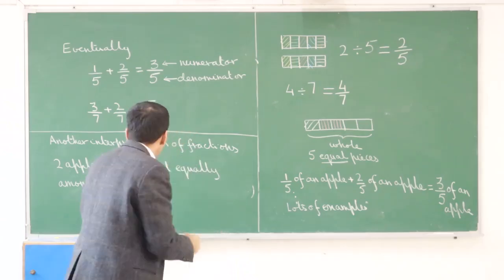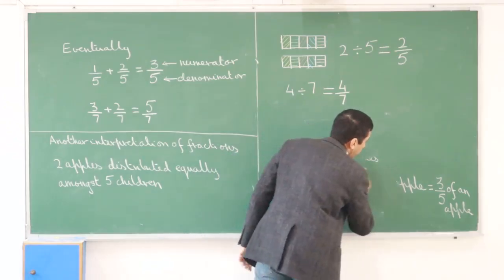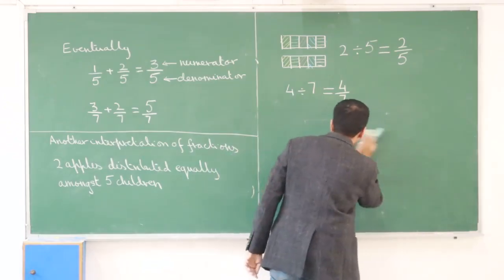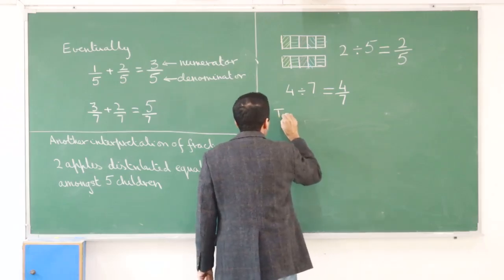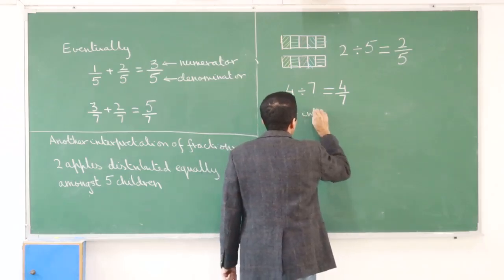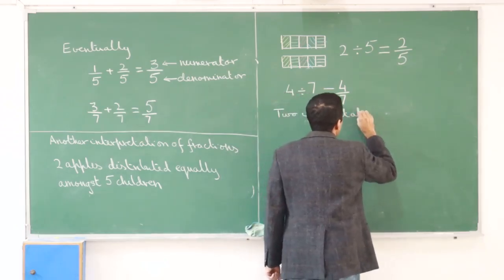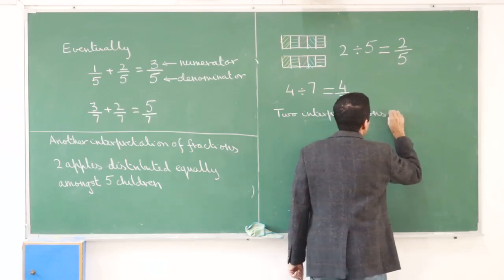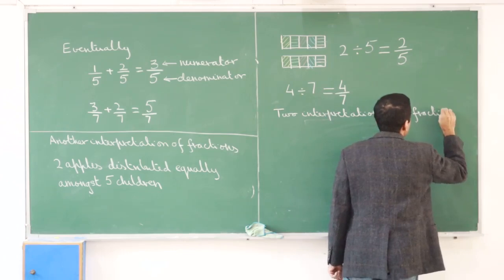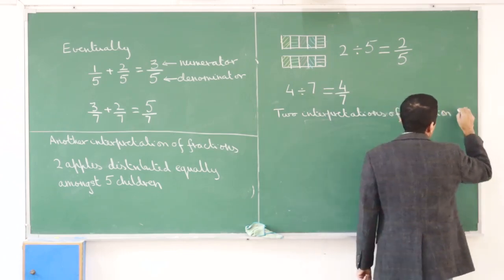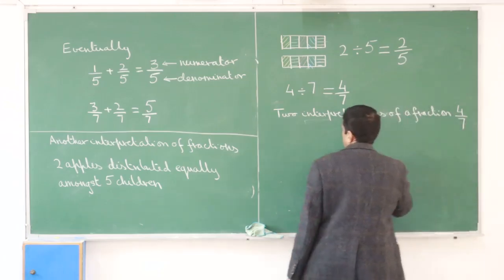So you could go either way. Yeah? Okay, so let me write it out explicitly once, so that you remember: both interpretations are useful and we can use both interpretations. So we have 2 interpretations or meanings of fractions, whatever you want to call it, 2 interpretations of a fraction. Maybe I'll just take a concrete example. Let's take 4 over 7. One is,